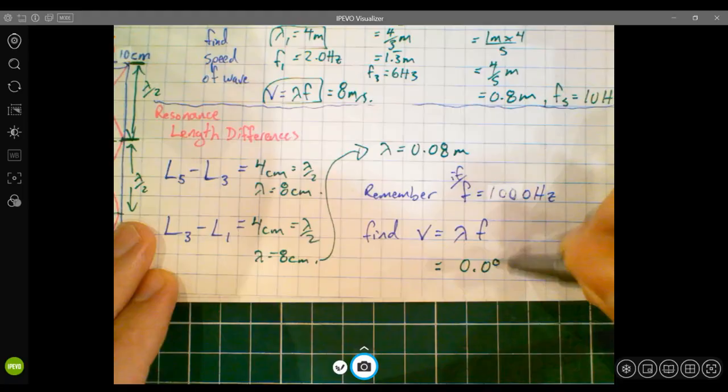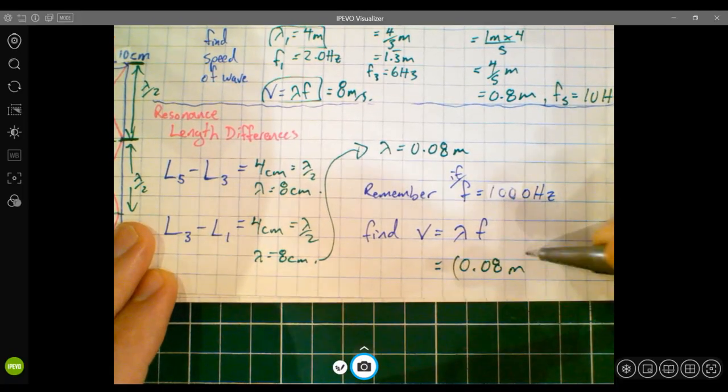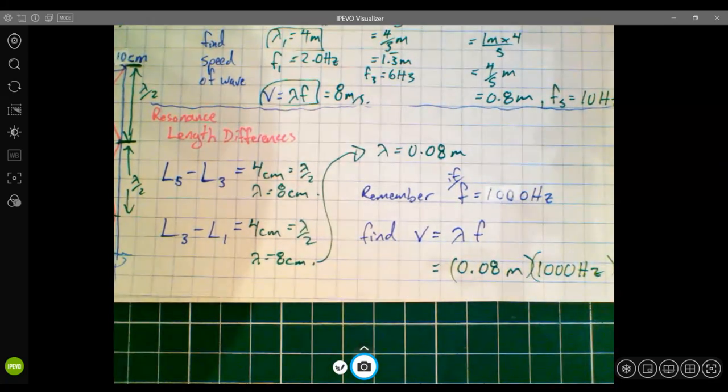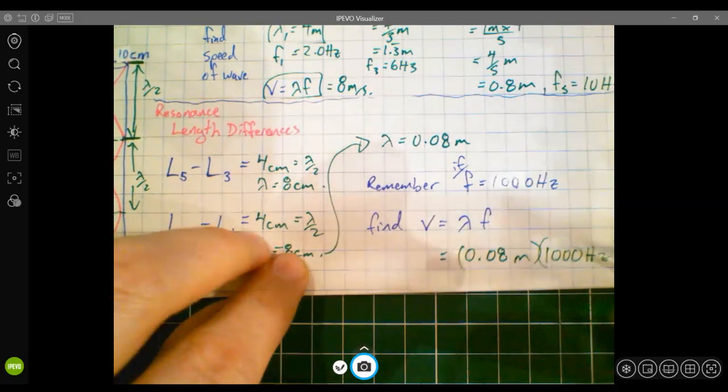So 0.08 meters times a frequency of 1,000 hertz. What is that? 0.08 times 1,000. Oh, I'm so lazy. What am I doing? Is equal to